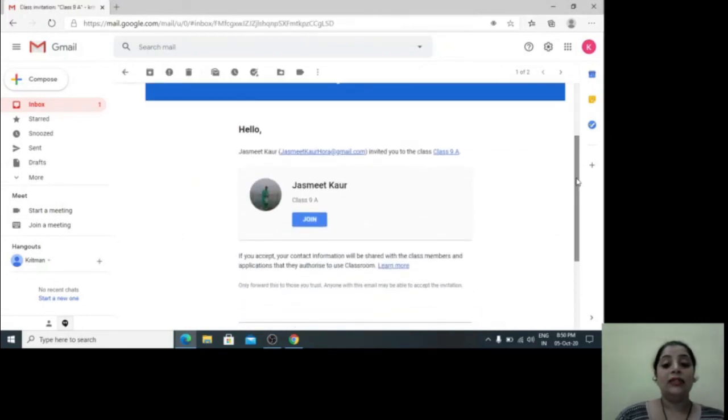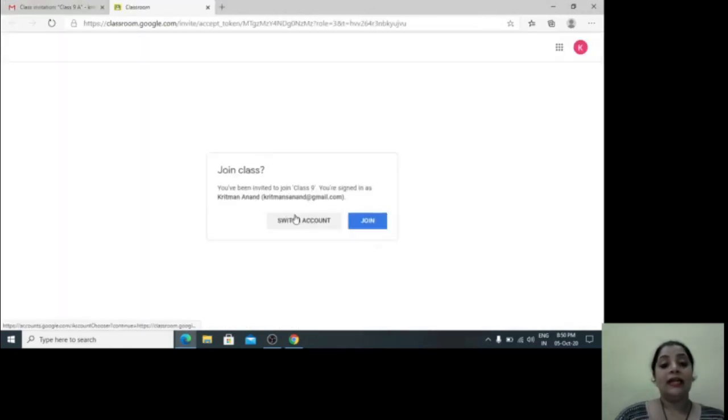I'll scroll down and I can find this join button. Click on this join button and it will redirect to a page which asks me if I want to change my email ID. I won't be changing my email ID. I will simply click on the join button to join the specified class by my teacher.